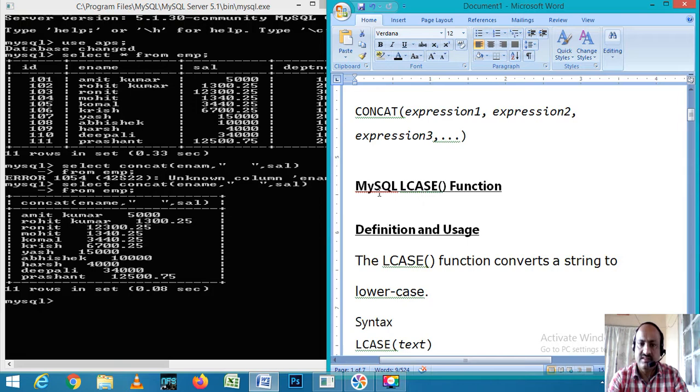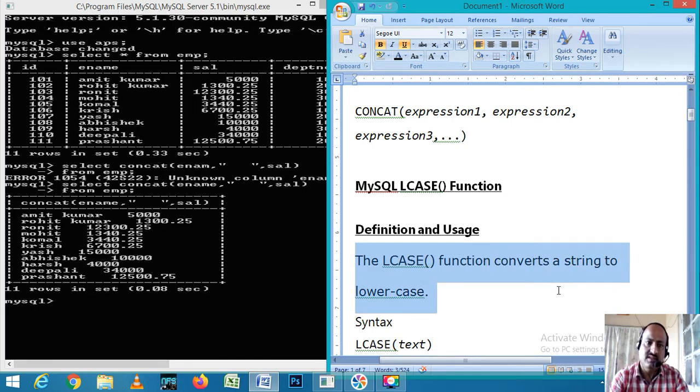The next is lcase. The lcase function is basically used to convert a value into lowercase. Suppose my value is in uppercase, it will automatically convert into lowercase.